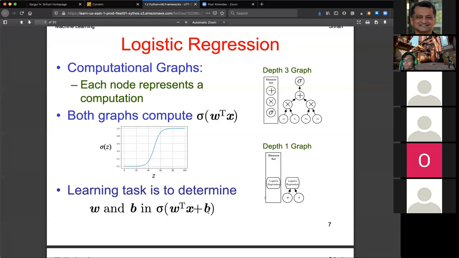So this involves defining a loss function, and it involves defining the derivative of the loss function with respect to W and B. So we're going to do derivatives; the variables here are W and B. We are trying to figure out what the W and B are. X is something that's given as input. W and B are the key things here. So we're going to define a loss